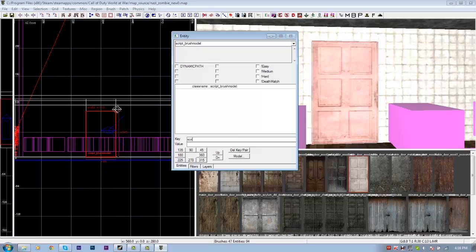So script fxid, that's gonna be large ceiling, whoops, dust. I'm gonna type in something right here, script